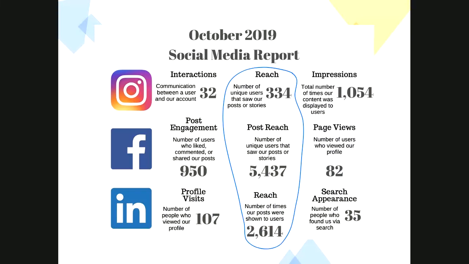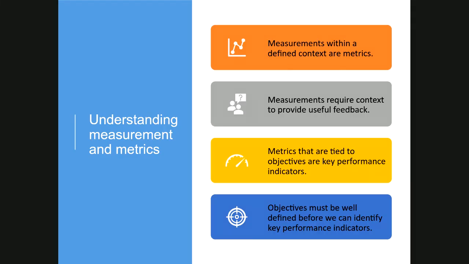If it's awareness, if it's engagement, how many times do people actively engage with our content? Then this would be important. So if they're tied to objectives, they become KPIs. And the objectives have to be well defined so that you can match up some measurements, some KPIs to it. So our objective is A, and these are the 2 or 3 KPIs that we're going to use to see whether we are achieving A, right?